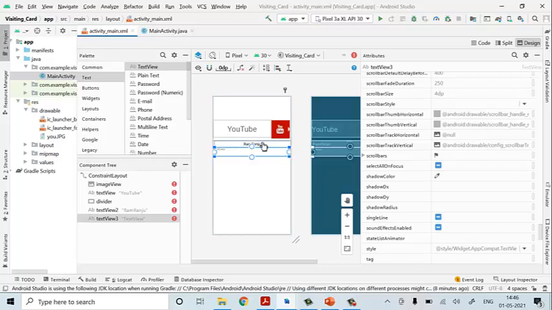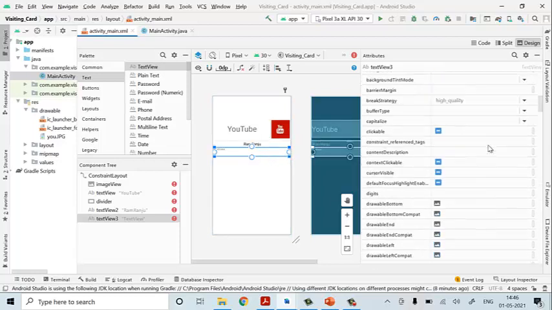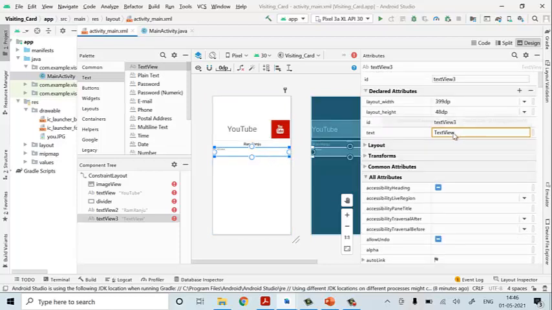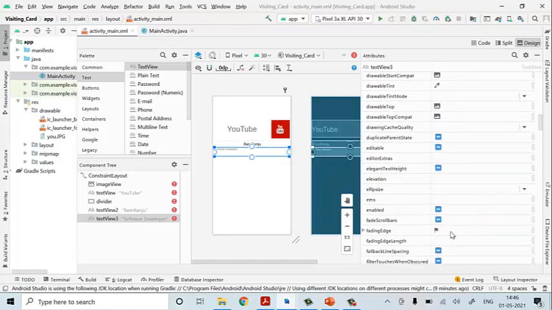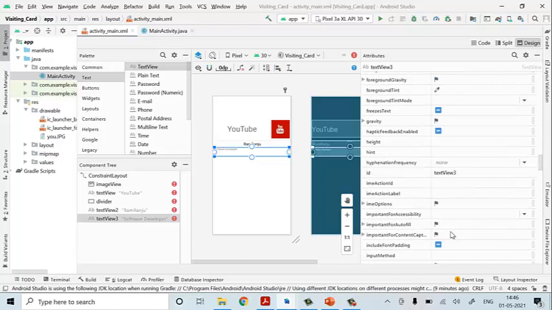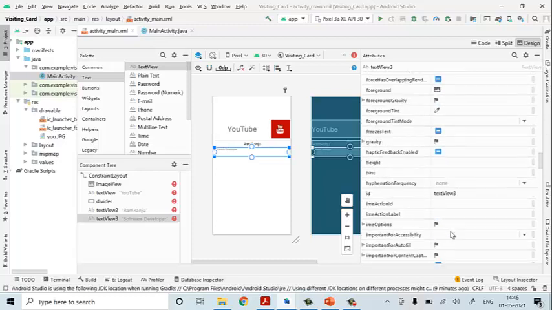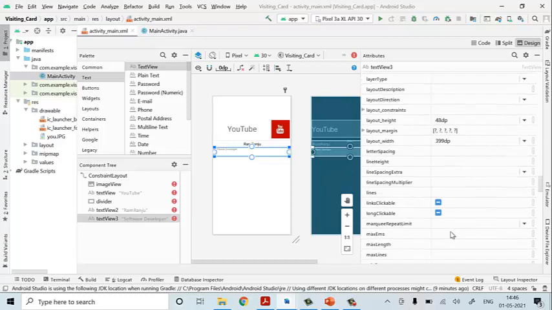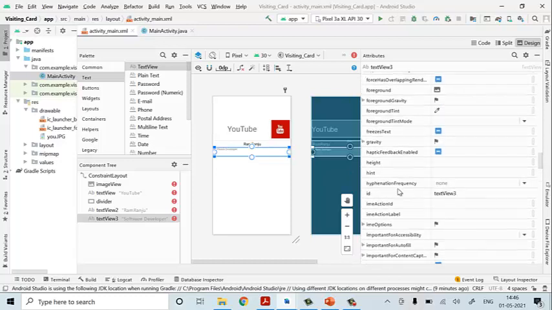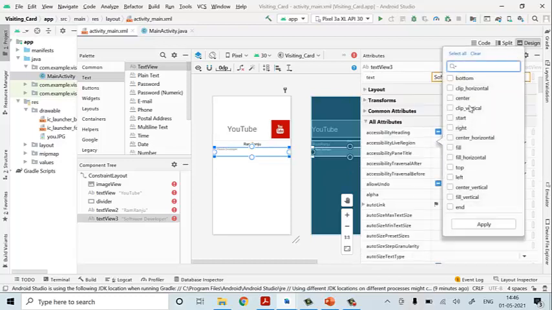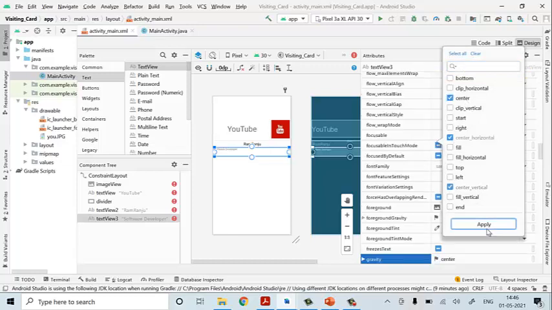Again you have to select this, go for your text. Here you need to write the job title. So I'll write software developer. I have written it. Now I want to place the text in the center. So again I'll go for gravity, click on the flag, you're going to get center, apply. That's it, it will get to the center.